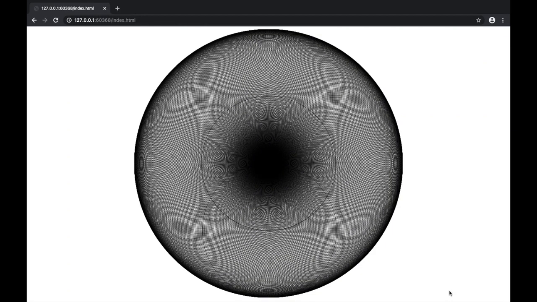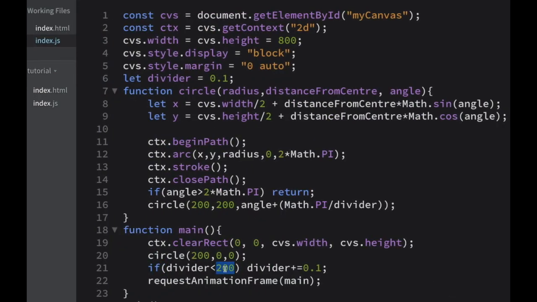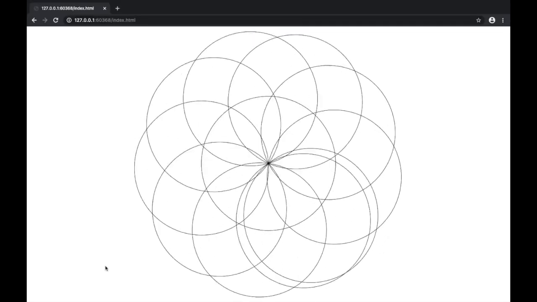This is a very interesting design which is made only by circles. Personally, I like the design when this value is 24.